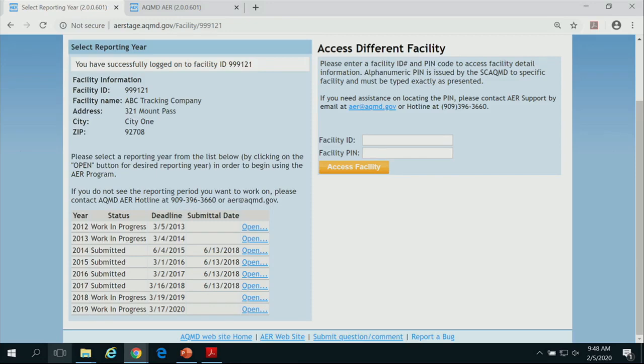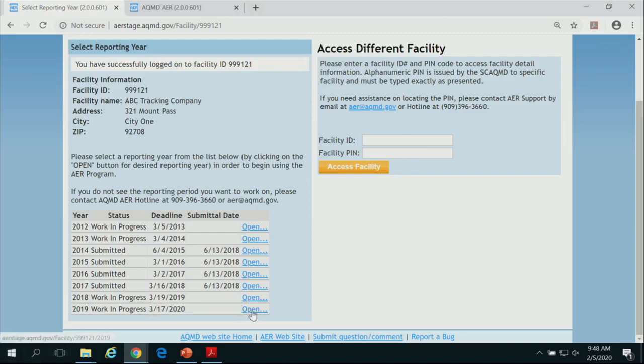But if you're subject to any state program, the CTR, which is the Uniform Reporting Regulation by the State of California, or AB 2588, no matter what your emission is, you're always in the program unless you fall out of applicability for those programs.